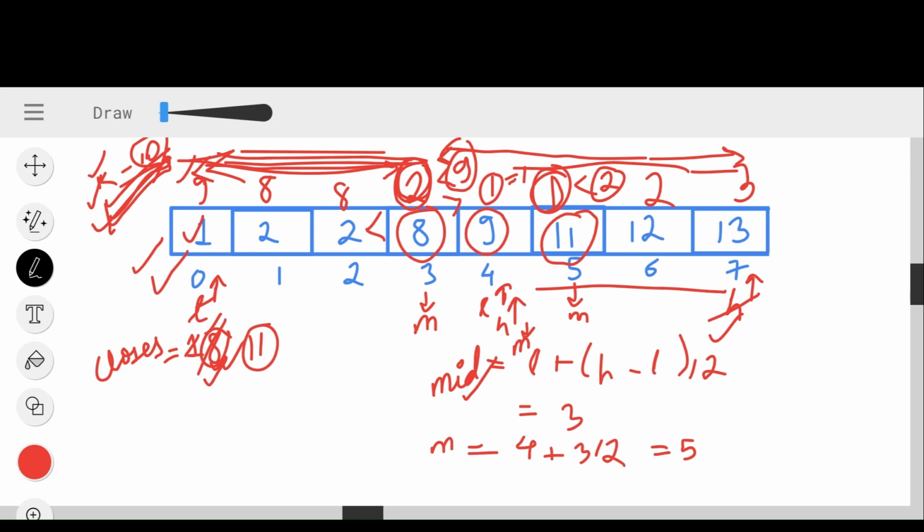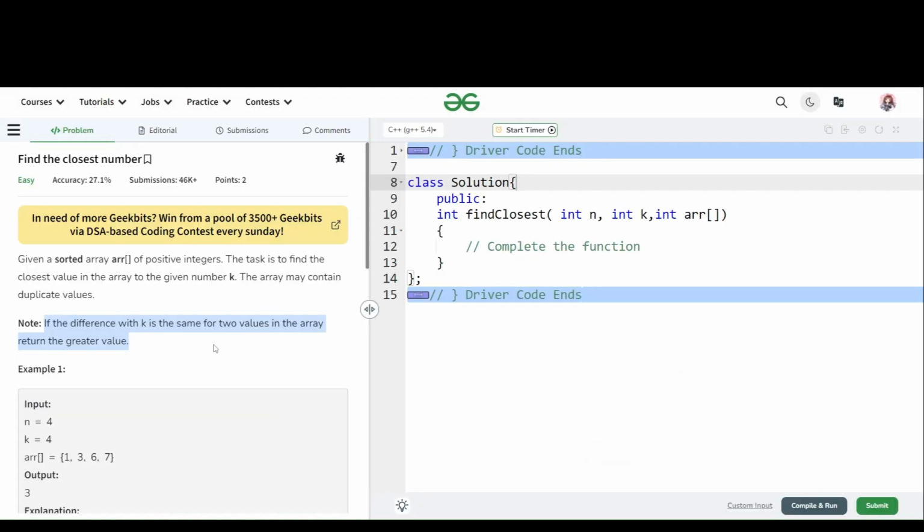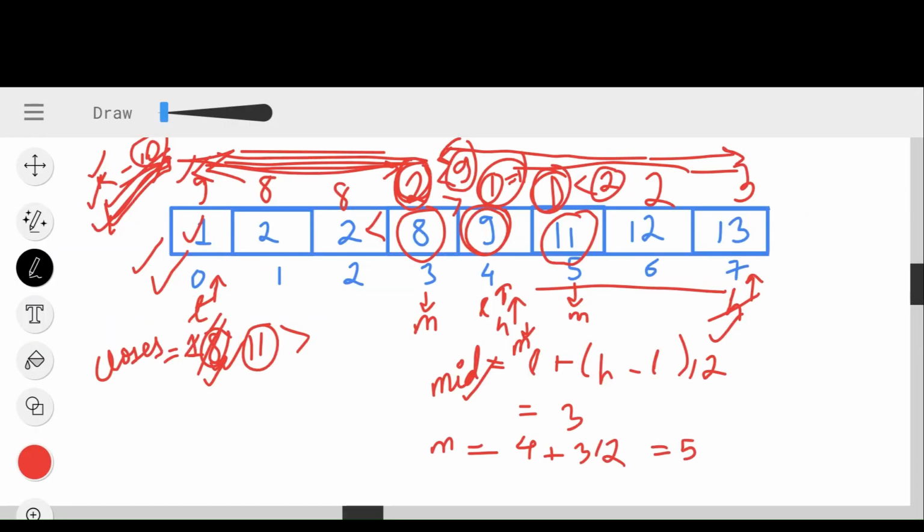Okay, that means we have got two closest values that have the same difference. So here we need to find out the greatest value. To find out the greatest value, we will check one more condition: is my middlemost element greater than the closest element? Because we are asked here to return the greater value. So checking this will tell me if this is the greater value or not. No, my middlemost element is not greater than 11. So this will stop here and we will return 11 as our closest value.